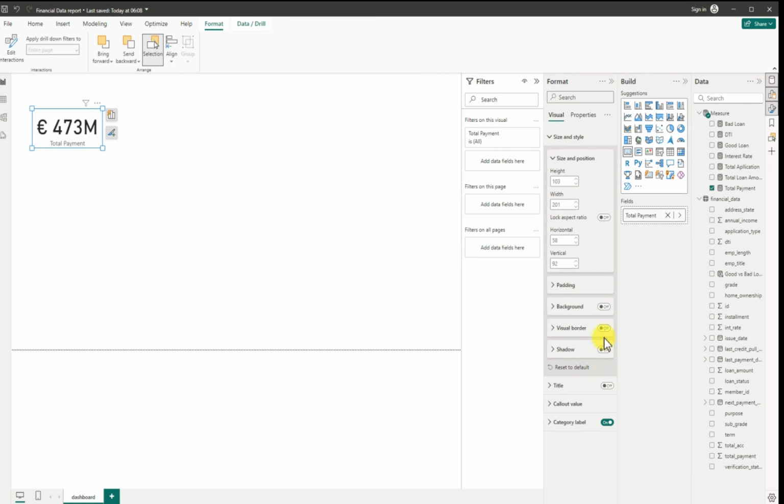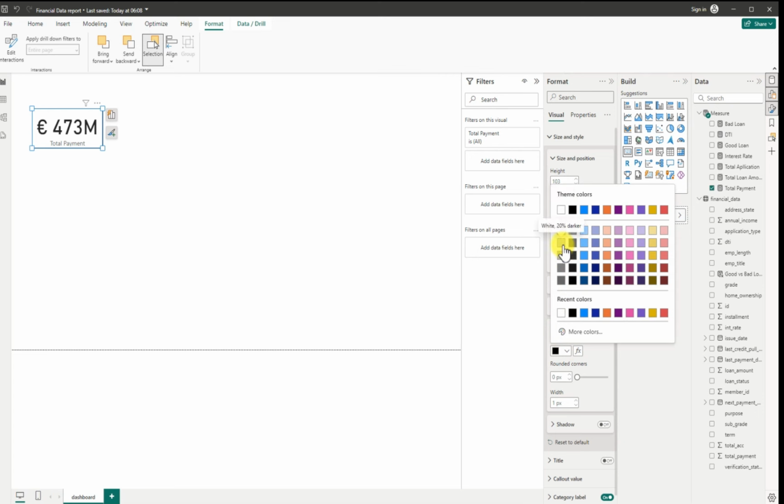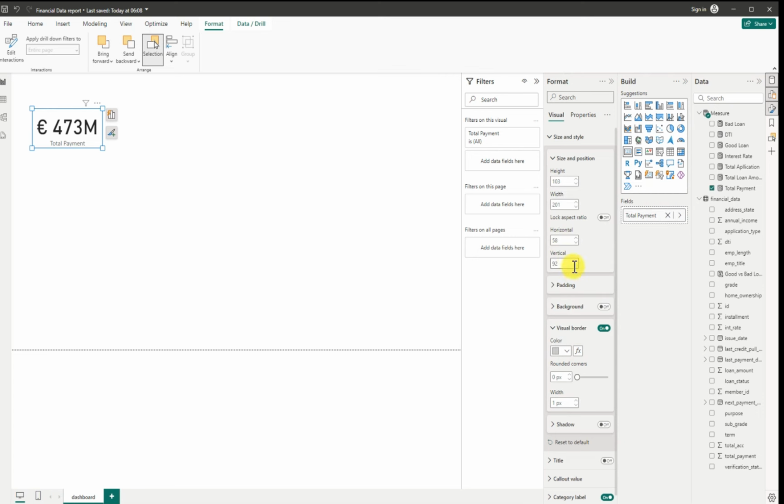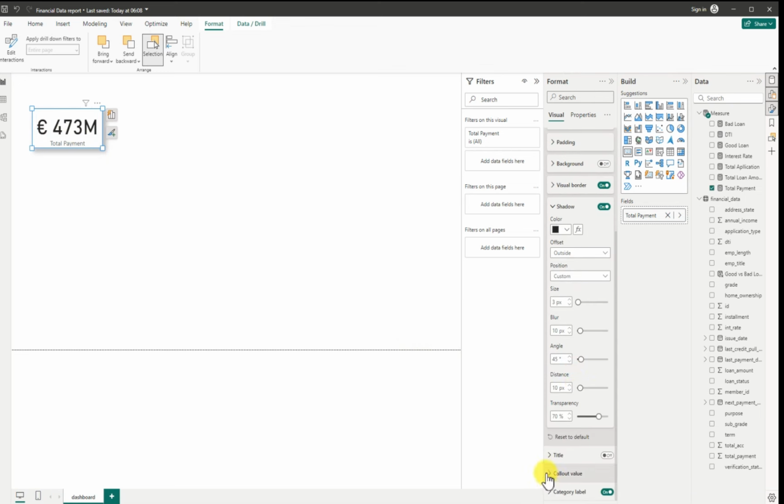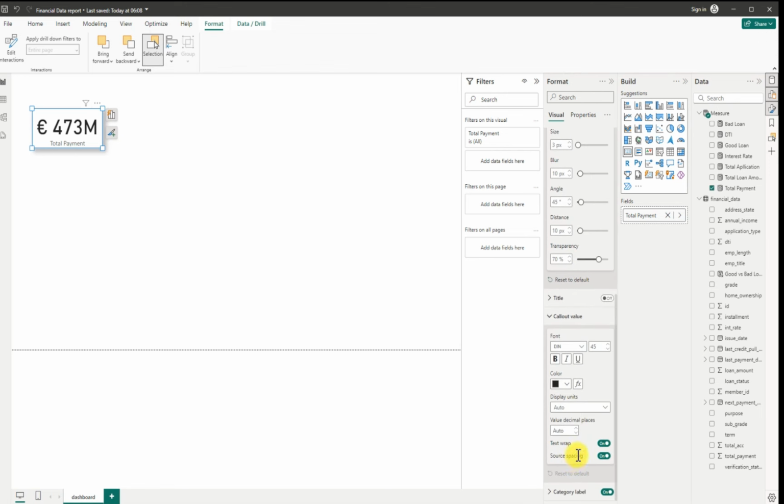And also we need a visual border. We are going to use it, and also we need a shadow, and we are going to make the visual border something like 20% darker. Should we make it 20% darker? Oh yeah, we are going to make it 20% darker. We are going to use our visual border, and we are going to make the visual border custom, and we have a custom visual border, and we are going to reduce the value, so we come to the callout value. From the callout value we are going to actually use this area black,